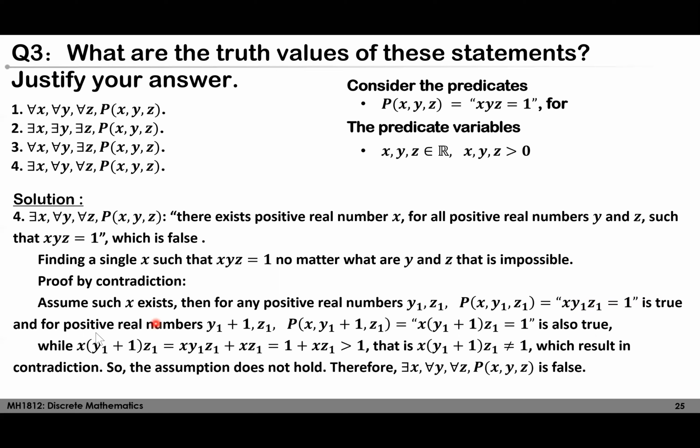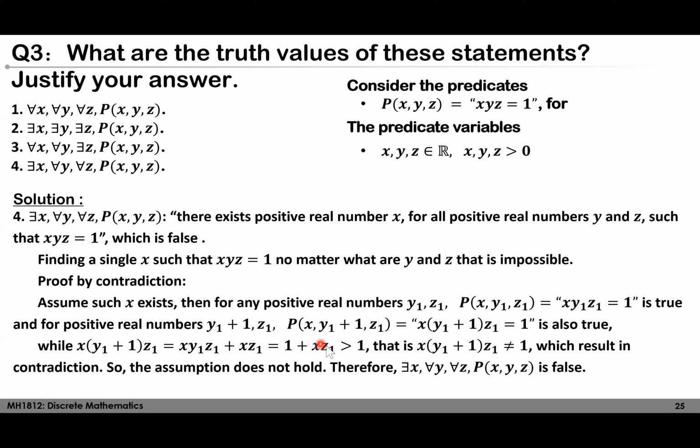And also for positive real numbers y1 plus 1, z1, this instantiation of this predicate is also true. So for this second instantiation, we get x times y1 plus 1